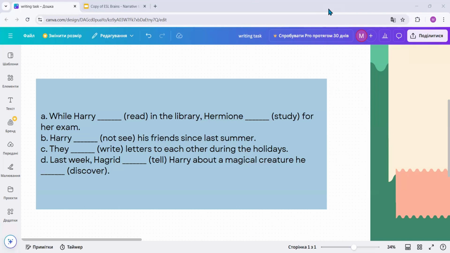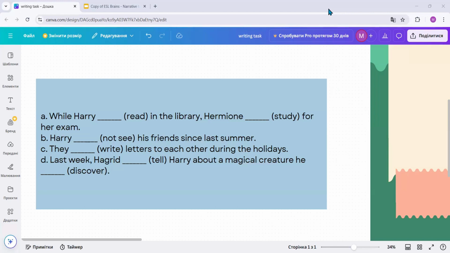Right now, I would like you to brainstorm to come up with ideas for a letter as if you are Harry, telling your friends about your experience during the summer and expectations for the next year at Hogwarts. So just imagine yourself as Harry. Remember what happened in the summer and what you expect, what you want from school this year. Just brainstorm for ideas right now, not writing anything yet. What can you tell about?